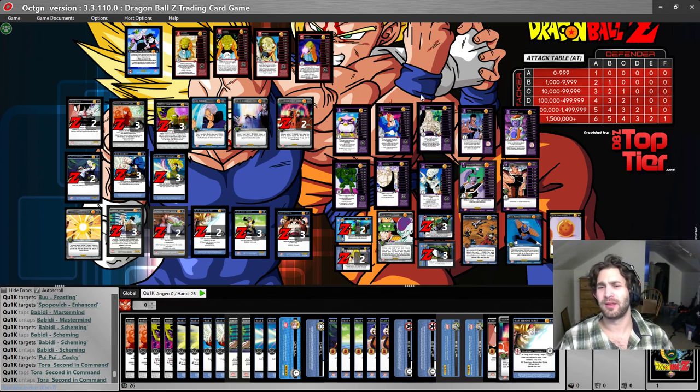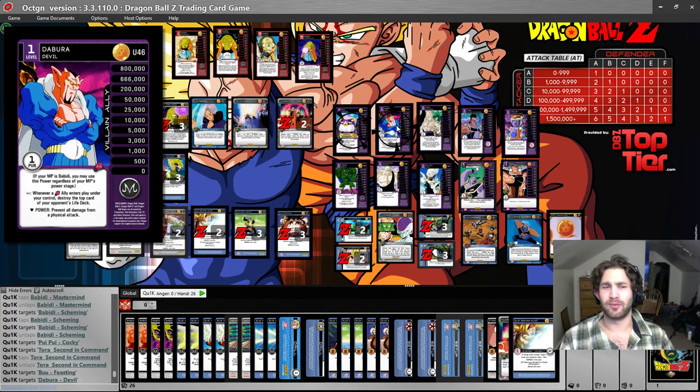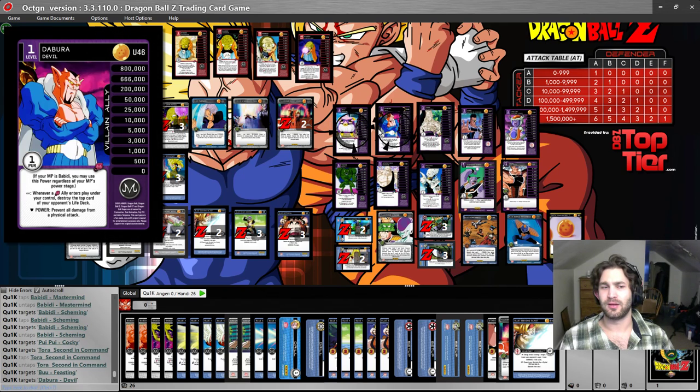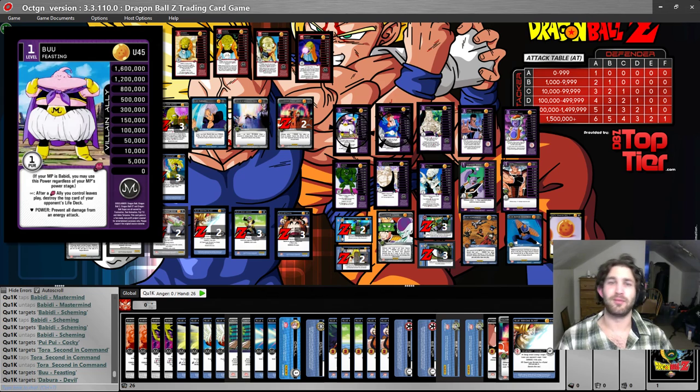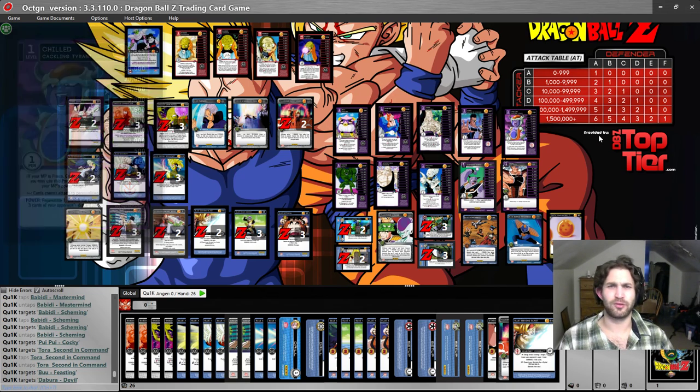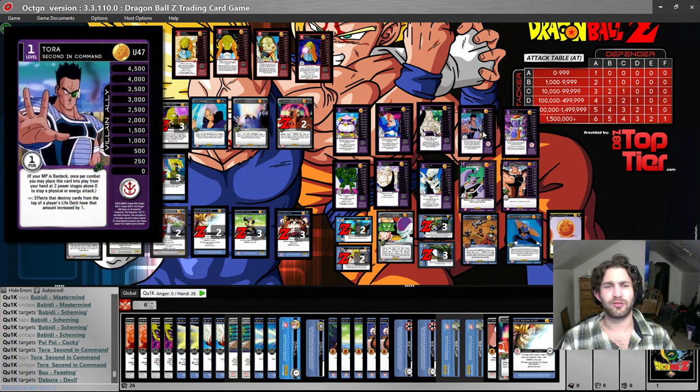But the biggest thing is that he's going to buff Boo and Dabura. Every time one of your allies enters play and then leaves play, they're going to mill 2 each time, which is huge. It's one reason why you could almost consider running Blue Challenging Strike in the deck, but we will also go over